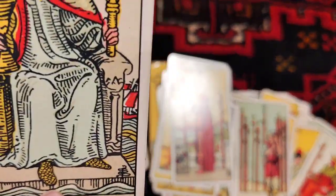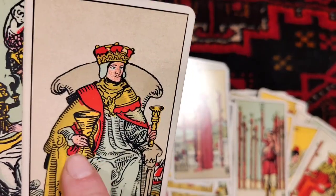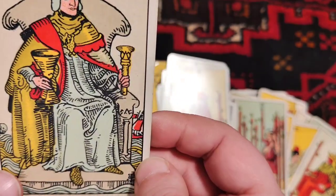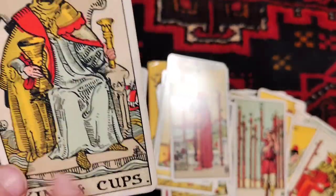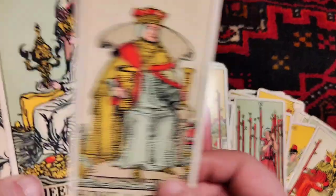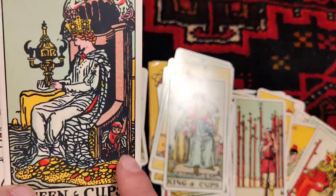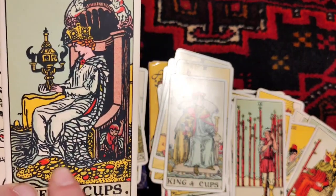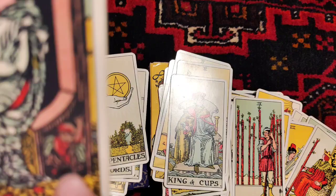It's kind of a fish or something like that. And he has this napkin. This boat behind him, and his chair, it stands on the water. We have Queen of Cups. She's sitting in her throne, but I think it's on soil. And this small kid here,